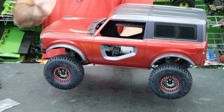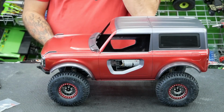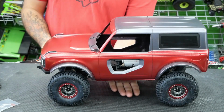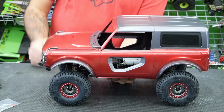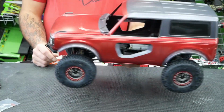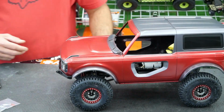Next from here, interior, protection for the body, and we'll wire it up in between. You guys don't care to see us put an ESC and a servo in a truck, everybody knows that. So we're going to get her ready to go. We're going to throw a light kit into it, make it just purdy, purdy, purdy. We're going to put a little bit of smoke tint on the tail lights because